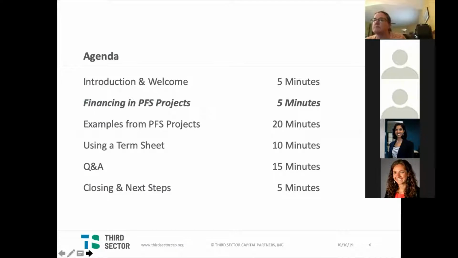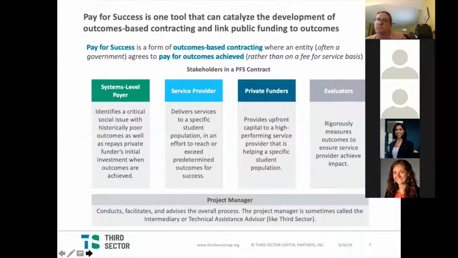So let's get into the meat of why we're all here today. As we've shared with those on this webinar group before, we formed this cohort of states and public systems of higher education, college access and success providers, and funders, because we know that there's interest in exploring Pay for Success as one way to fund those student support services that are improving specific outcomes, matriculation, persistence, and graduation outcomes for underserved students. And so last week we hosted an Introduction to Pay for Success webinar to our provider advisory group,